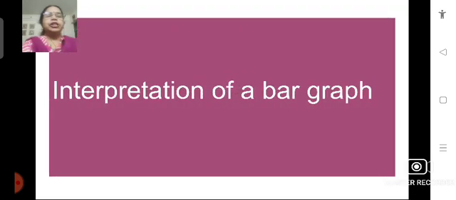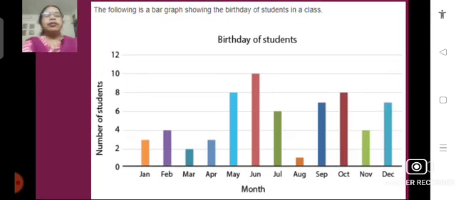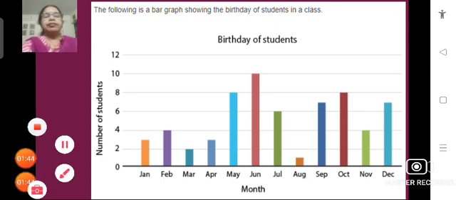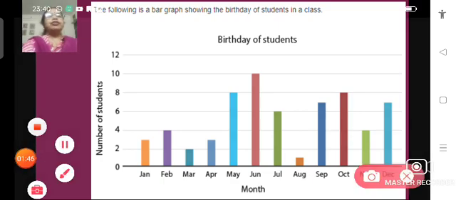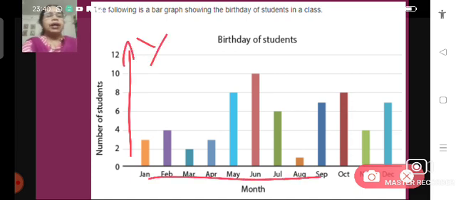Now, interpretation of a bar graph. How to study a bar graph, we will see a few examples. Here is an example of a bar graph which shows the birthdays of students in a year. The number of students is taken along the y-axis and the names of months are taken along the